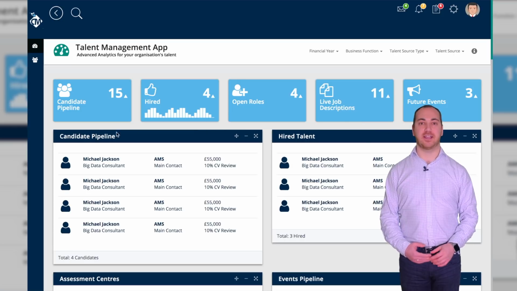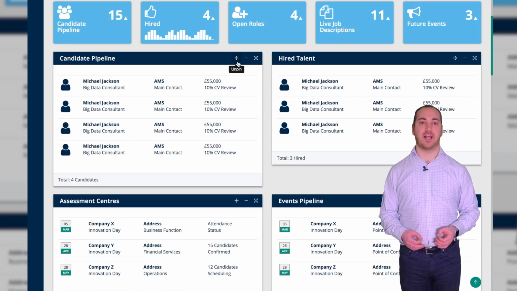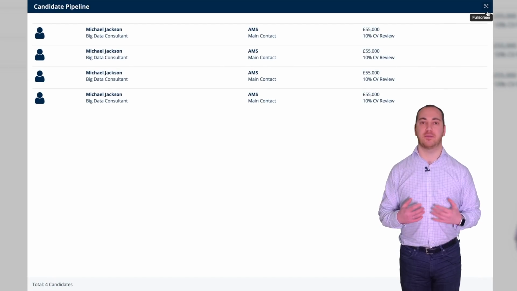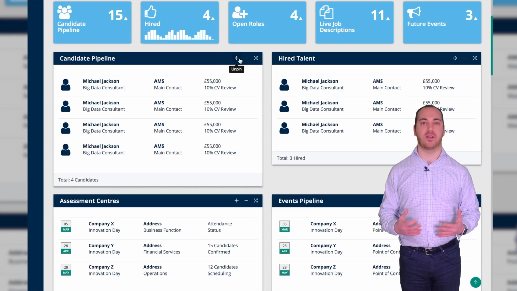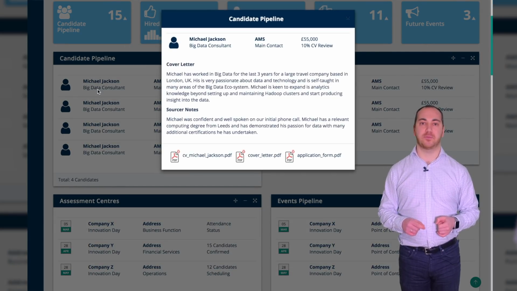Our first module is Candidate Pipeline. This is a simple custom table visual with standard controls which allow us to minimize or maximize or even unpin the module depending on the preference. The table visual only provides a high-level summary. To find out more, I can click on the candidate to load much more detail without having to navigate to another page or system. Here I can get specifics on the candidate and open supporting documentation such as a CV